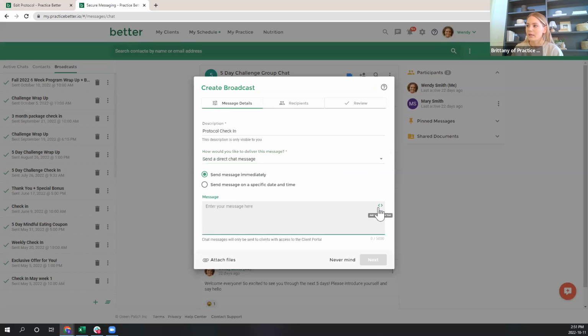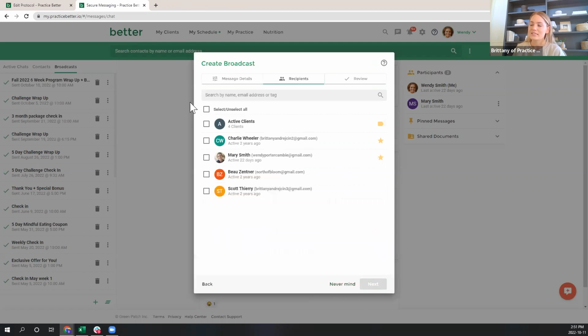You can add in the message. We can use those placeholders here, which pull from the client record. Put in your message, whatever that may be, maybe a little bit more specific than I'm showing you in this example here. Hit next, and then you can select the clients that you'd like this to go out to. This is great if you want to do a bulk check-in with your clients. If you have multiple clients that you want to check in with to see how they're faring in between appointments,